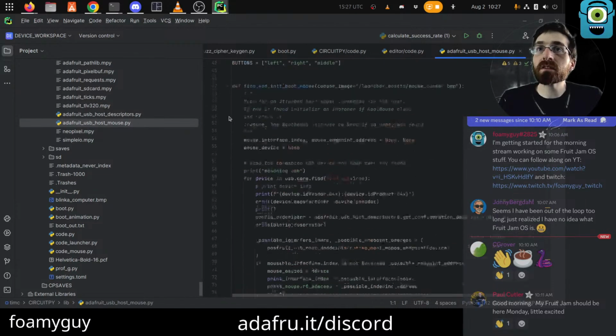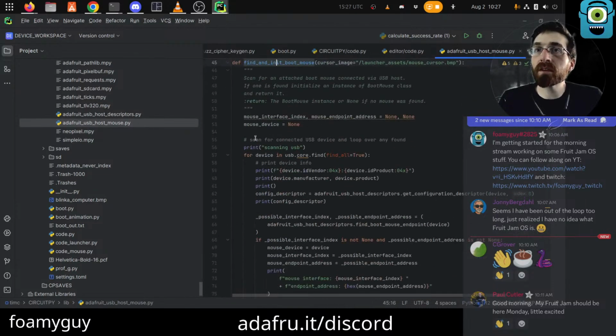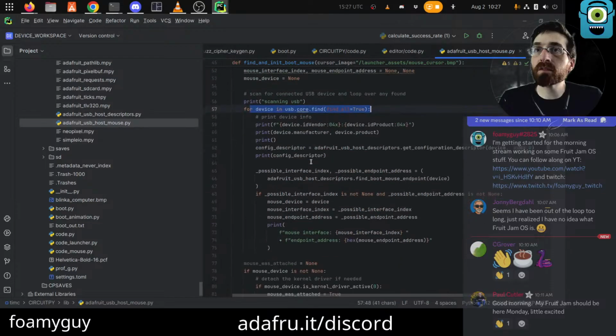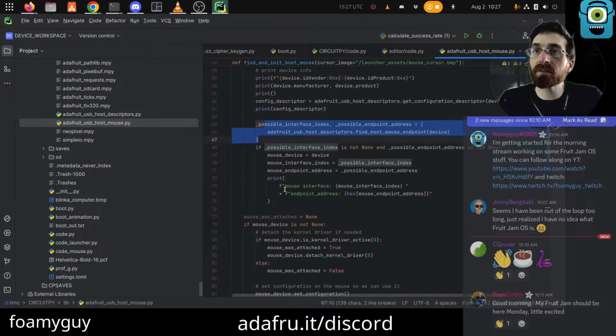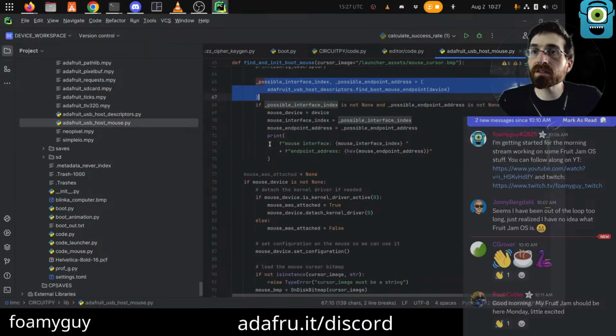So in here, this is what we called from the editor code. It's going to loop over all the core devices, which are devices that are connected to USB. It's going to get the configuration descriptor, and decide, do I think this descriptor could be a mouse or not, based on what data it has in it.